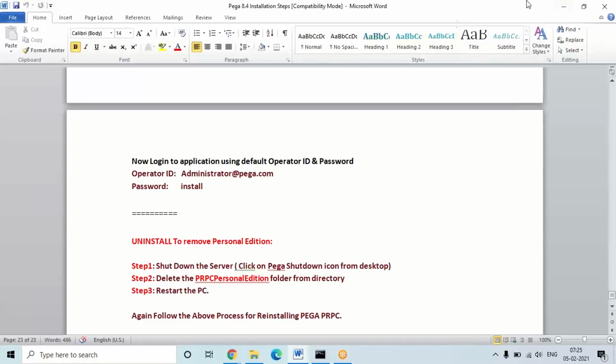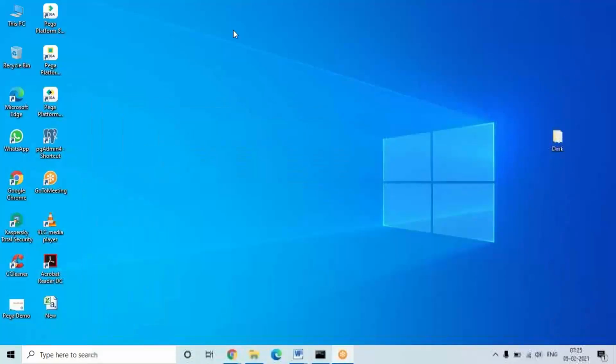Okay, and the importance of these three icons: startup is to start the platform. Shutdown is, suppose in your system you shut down every day, by end of the day, then compulsorily you need to click on the shutdown icon. Suppose if you put it in sleep mode or hibernate mode, then no need to shut down every day.